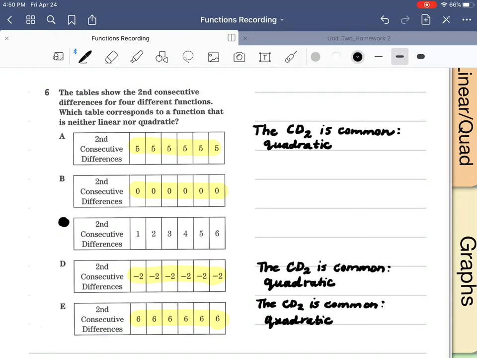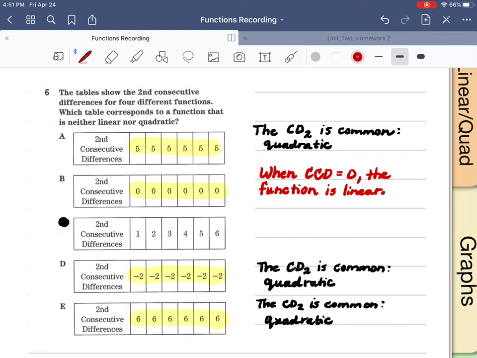But here's the real thing that I wanted you to know about B. And it's this fact. I'm really more interested in that than the answer C here. When common consecutive differences are 0, the function is linear. And think about that last problem that we just did. That's why they put that one in there. Because